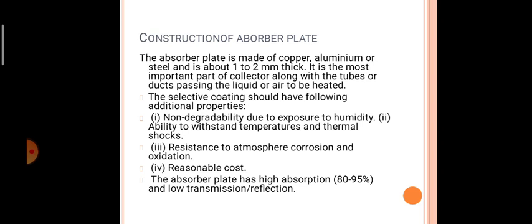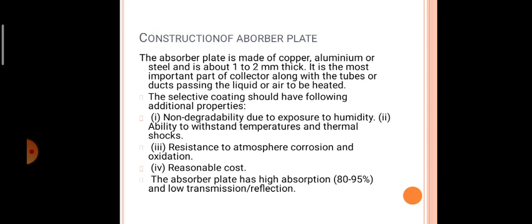The plate absorbs maximum solar radiation incident on it through the cover plate. This radiation is transferred to the tubes which are in contact with it below the absorber plate, with minimum heat loss to the atmosphere. The absorber plate is painted black to increase its absorption and reduce the emission. This coating should have the following properties.